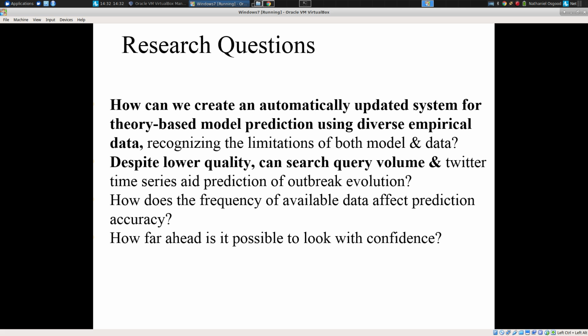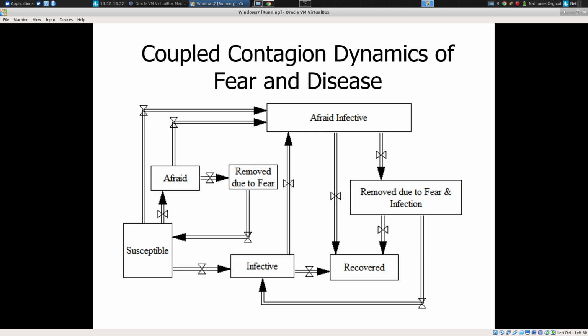So the question here is, can we create an automatically updated system for theory-based prediction using empirical data? And particularly, how can big data inform this? So we examined for this a system dynamics model. We've done this sort of work with agent-based models. This was a system dynamics model published in the literature. It's work, actually Megan referred to, by Epstein and Hammond, as well as others,